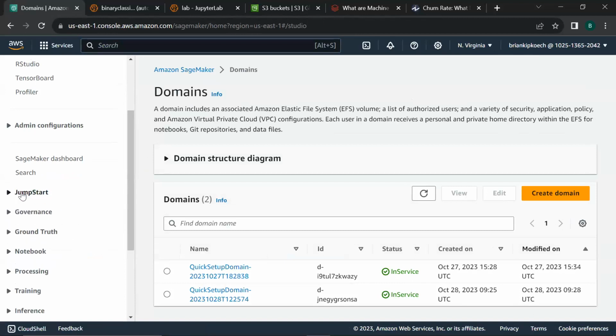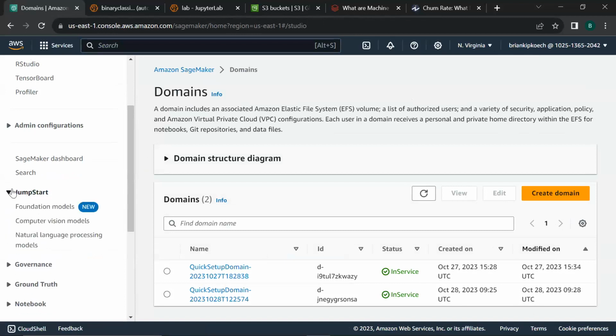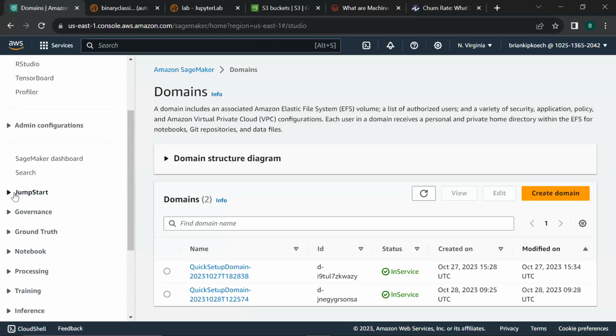So let's click on it. It's a service that already contains pre-trained models that are already working for your own experimentation and practice. So if you want to understand how machine learning works and check how it performs without writing anything, you'll go to SageMaker Jumpstart. So we won't be covering that today.